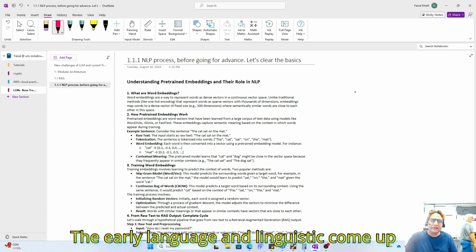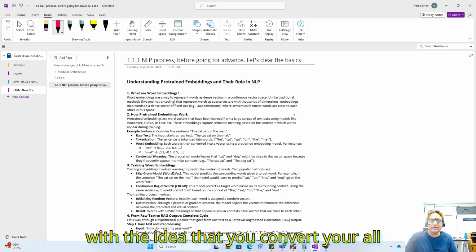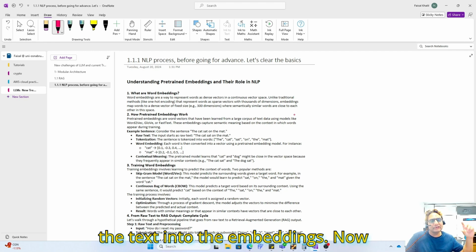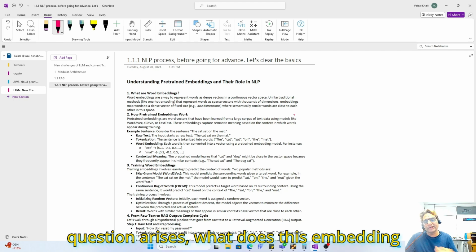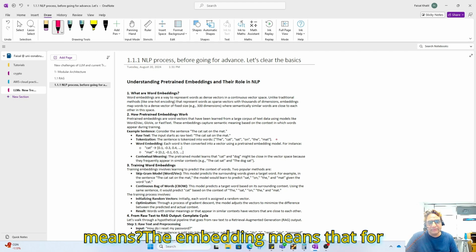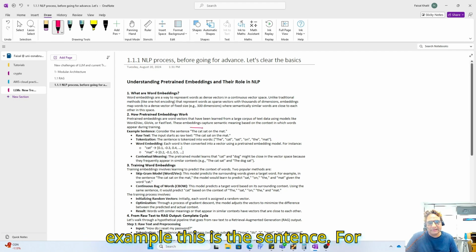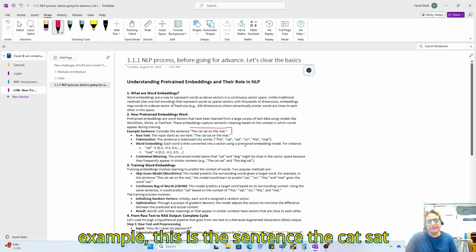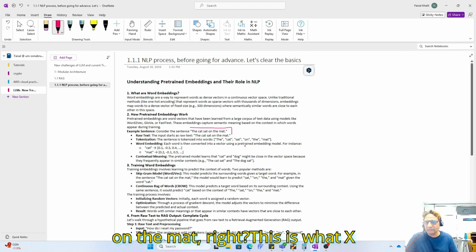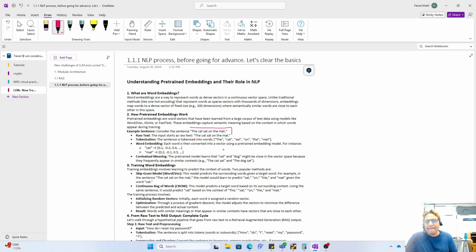The early linguists came up with the idea that you convert all the text into embeddings. Now the question arises, what do embeddings mean? For example, this is the sentence: the cat sat on the mat. This is raw text.